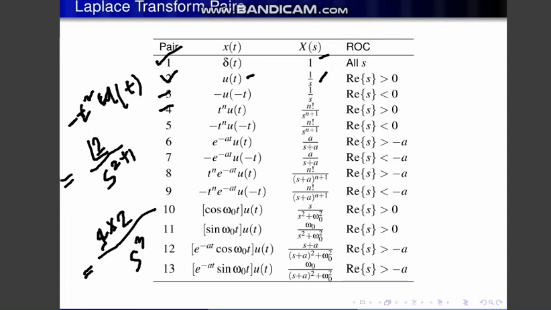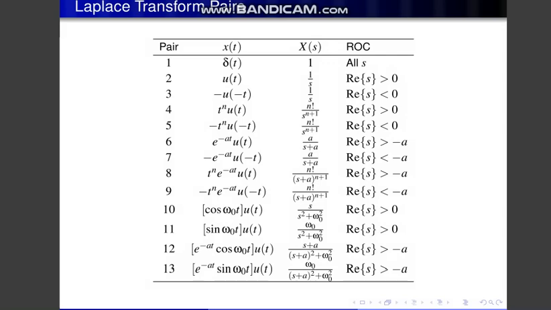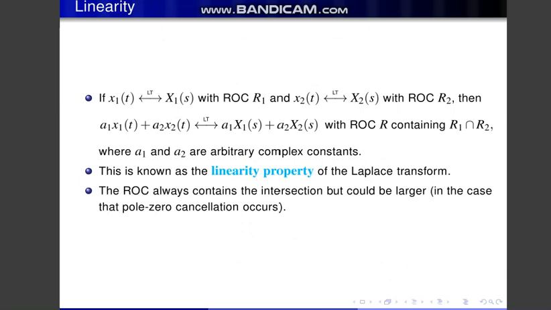From that we can use these equations for e to the power minus a t. So those are the pairs that you usually use. That is the cos omega t, you can get this. And that is the unit impulse function. So this kind of thing is quite common. You should know about the ROC and the transform pairs to understand clearly and use them in mathematics. In linearity, that supports the linearity property. That means whichever transformation you use, you get each of the transformations with the plus sign, and the ROC